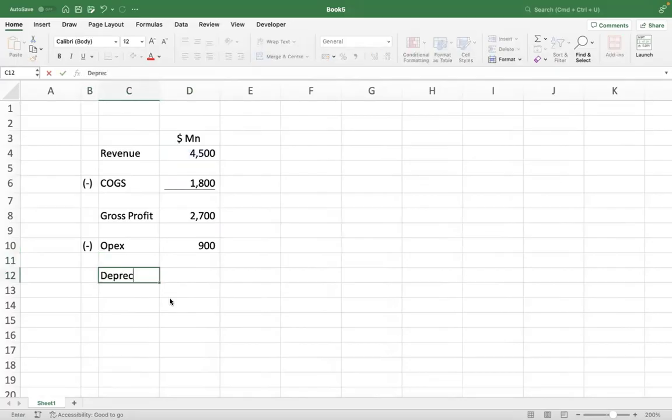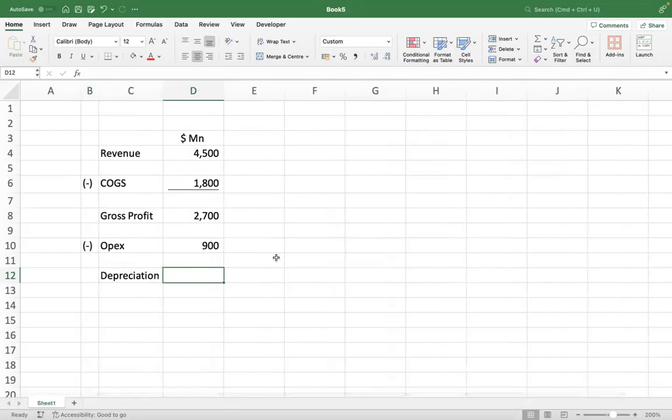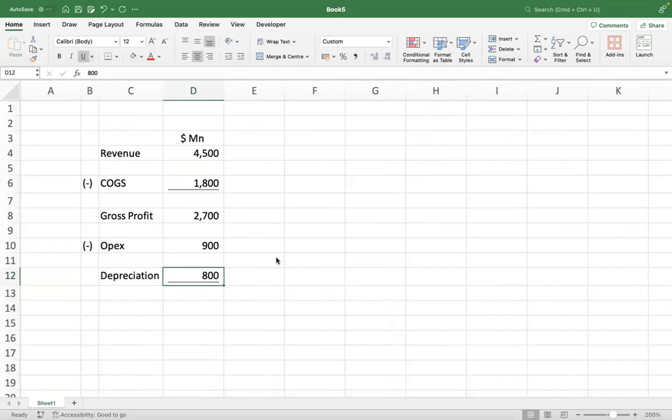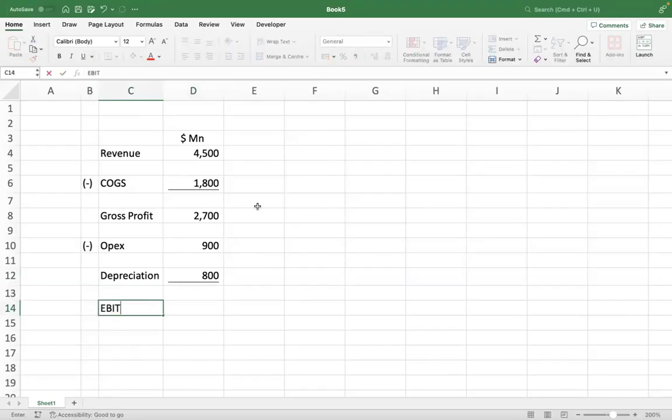and the depreciation is, let's say, $800 million. Depreciation is wear and tear cost. So when you use the assets, there is wear and tear involved. So rather than putting the entire cost of the asset to the P&L in one shot, we spread it over the useful life of the asset. You reduce that, you get EBIT,